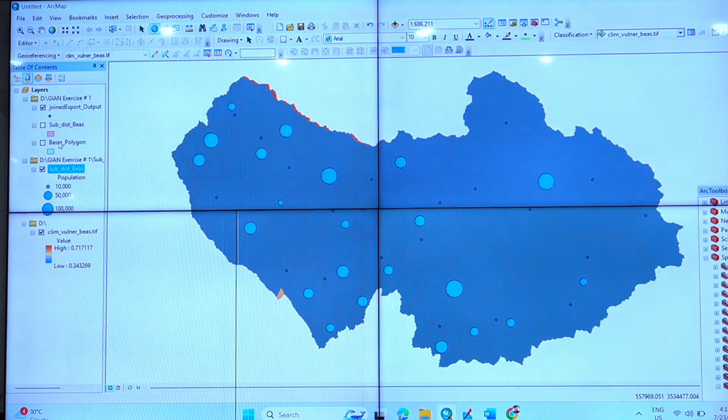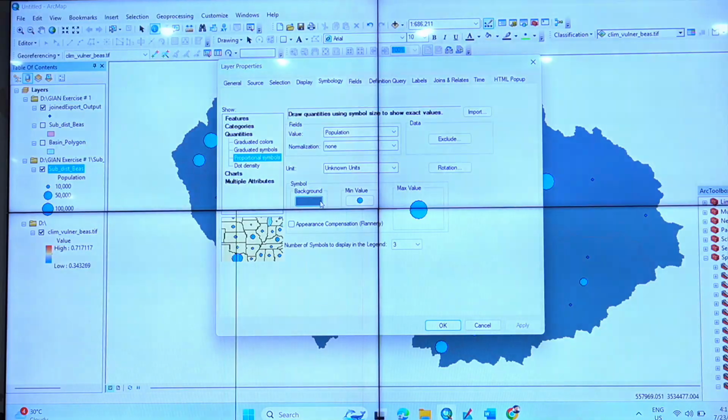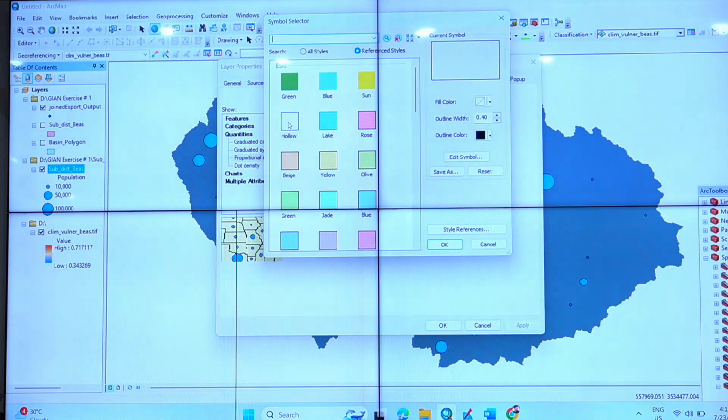इसका बेसिन का. कहाँ गया बेसिन का? अच्छा यहाँ, wait, double click. I made a mistake, I have to put it here in background, I need to put it hollow.